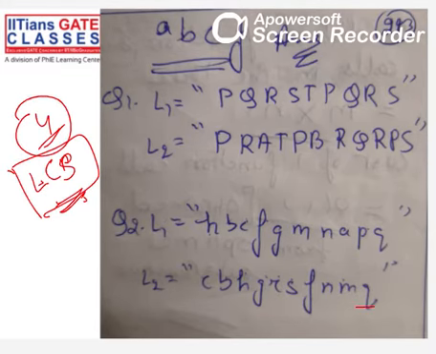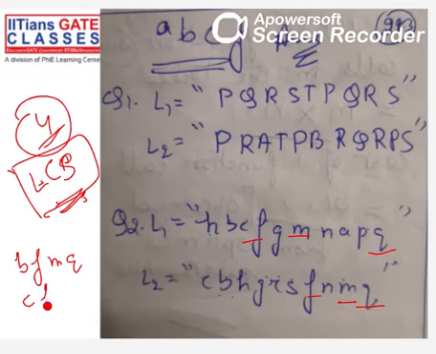So I start with q, and then m, and then f was there, and after f I have either c or b. Correct? So I can have bf, mq. I have cf, mq. These are the two things I can have. I can have hf, mq also. Right? So this is one possible value.